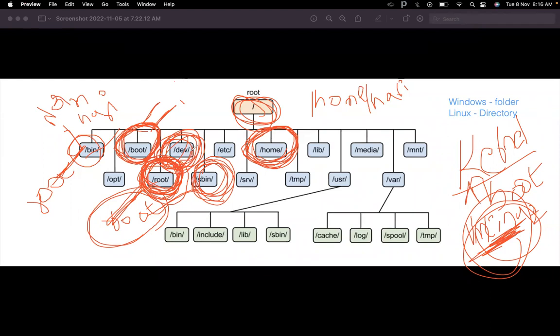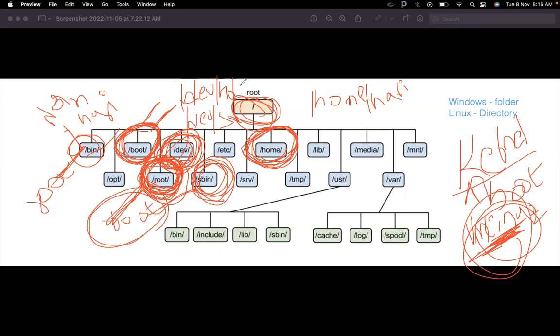If it is an IDE hard disk, it is something like /dev/hd. If it is a SATA disk, it is /dev/sd. SD means SATA disk, HD means IDE hard disk.